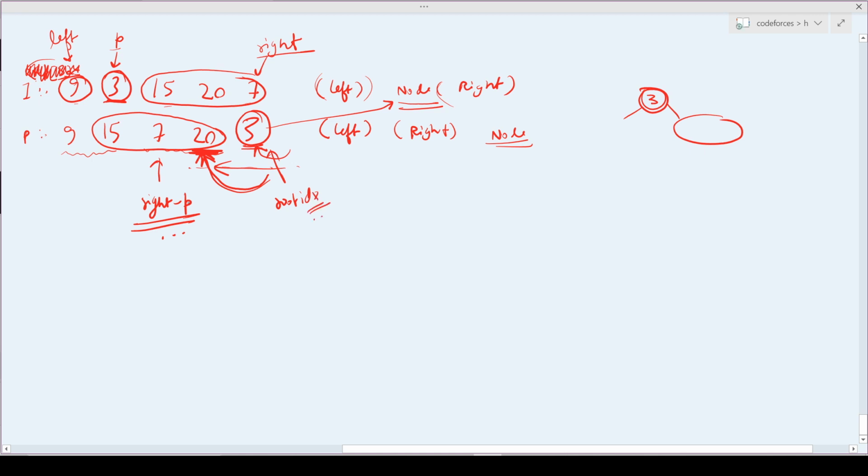Right minus p is the number of elements on the right part. So I will start at this right, which means root index minus 1.